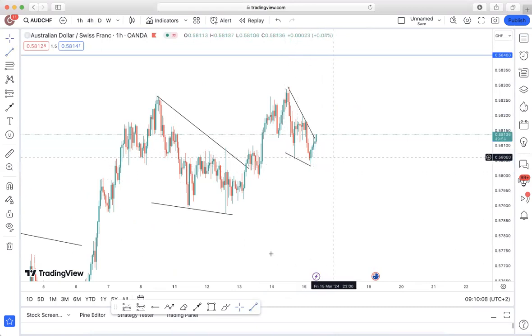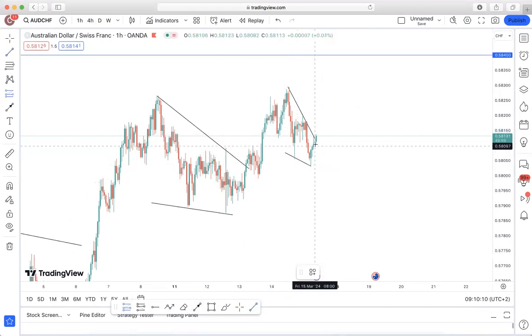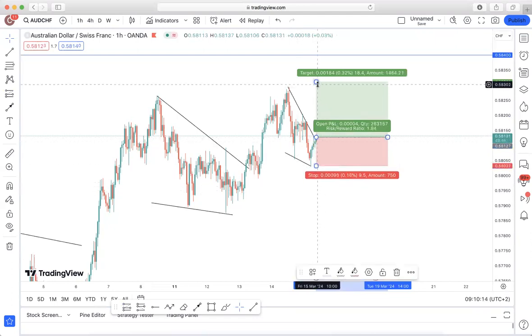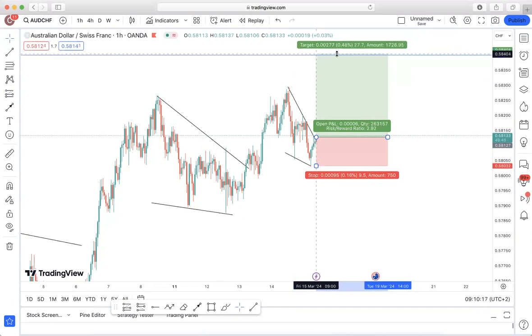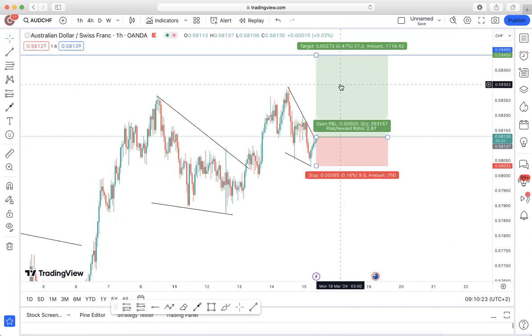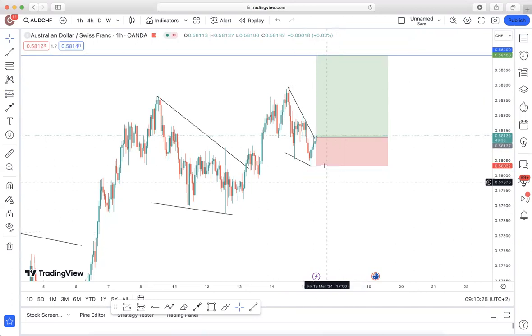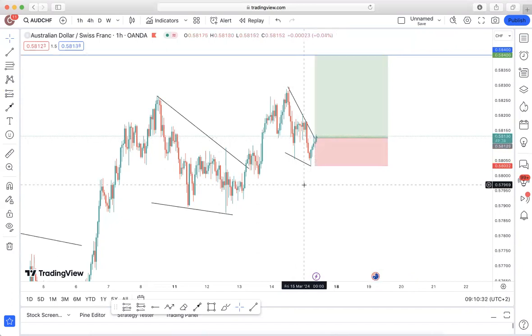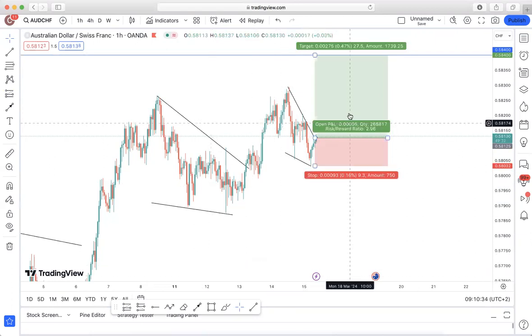With this one, this is how we normally enter it. Enter on the breakout, stop loss below the pattern, and take profit all the way to the upside. The only issue I'm having with this one is our risk to reward ratio. But it is not that bad, so we can still execute this one, because I prefer to enter at least 1:3. As you can see, we're a little bit late, but we can still execute this one for one potential